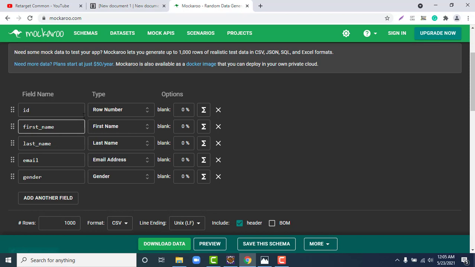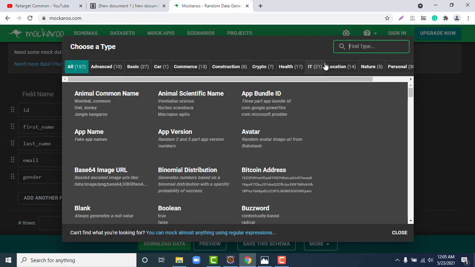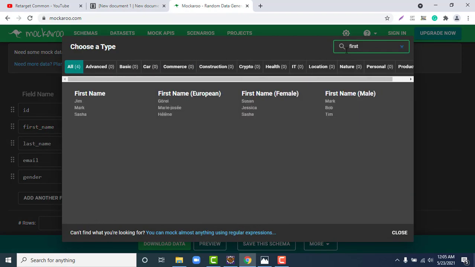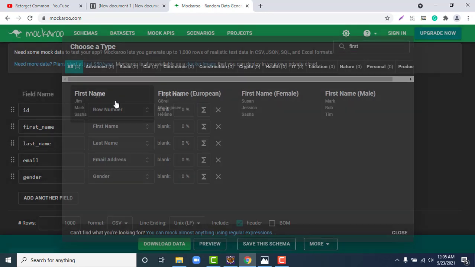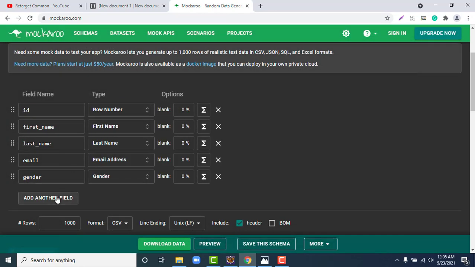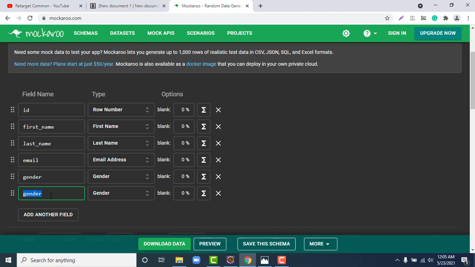Okay, so it's very simple. Suppose for first name, you want a field called first name and it should have a proper value, right? So simply click on it, and you can search what type of value you want to give, like first name. So you can select it. Suppose I want to add a new field called city. I want a proper city name, right?